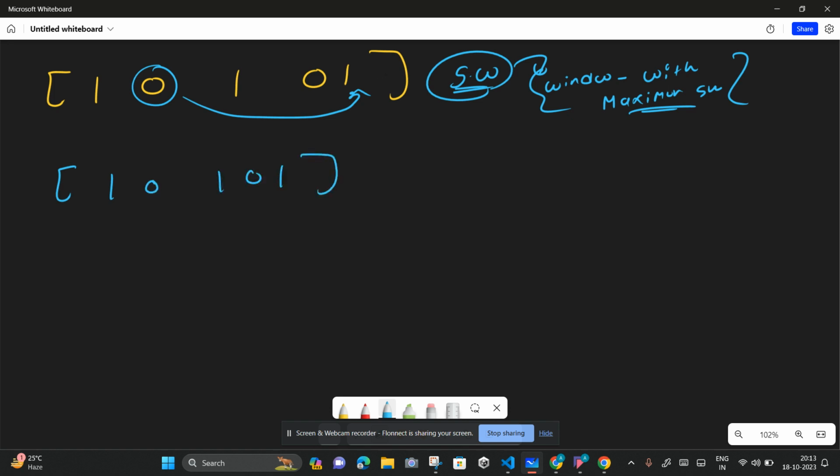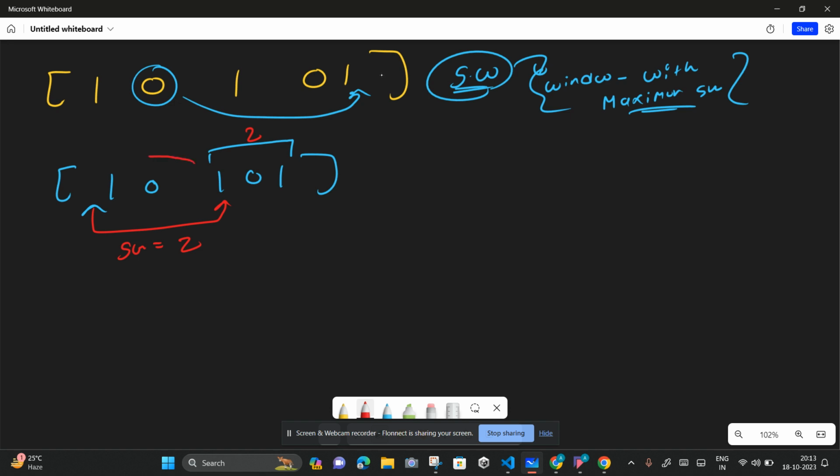Now if I take a window of size 3, this is my window of size 3 with maximum sum, and this is also a window of size 3 with maximum sum. Sorry, till here, right? This is also a window with maximum sum, that is 2. Now once I get my window with maximum sum, I will calculate the number of zeros,